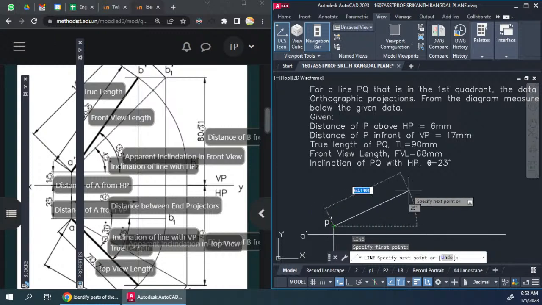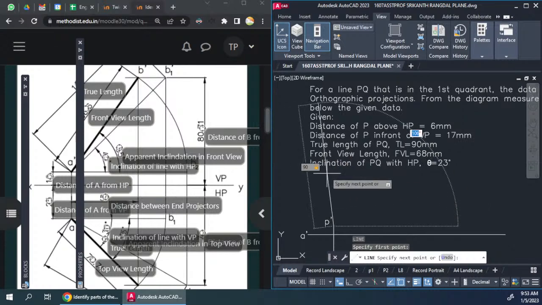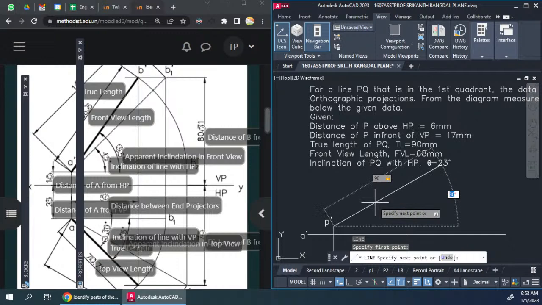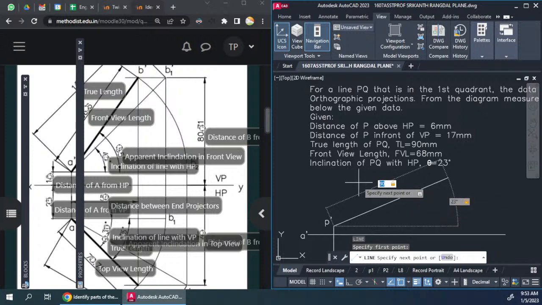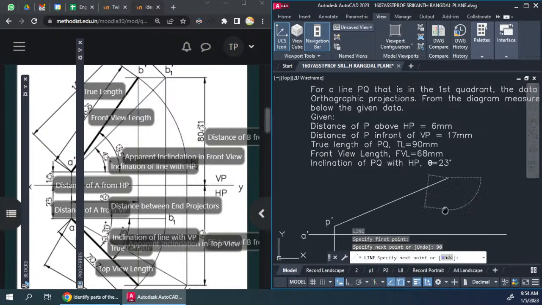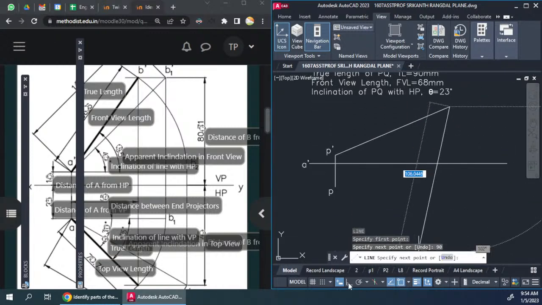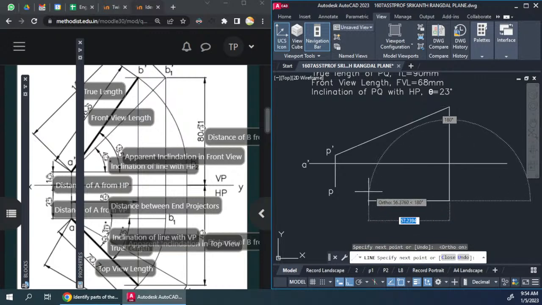Let's click over here, and we have to give the true length. Fine, so we can press tab to shift between angle and length. So let's take length as 90. Let's press tab, and now you can see the length has got locked. We are able to change the angle, and the angle is 23 degrees. So let us feed that and again press tab. Now you can see both length and angle have been frozen, locked. So I can press enter now,